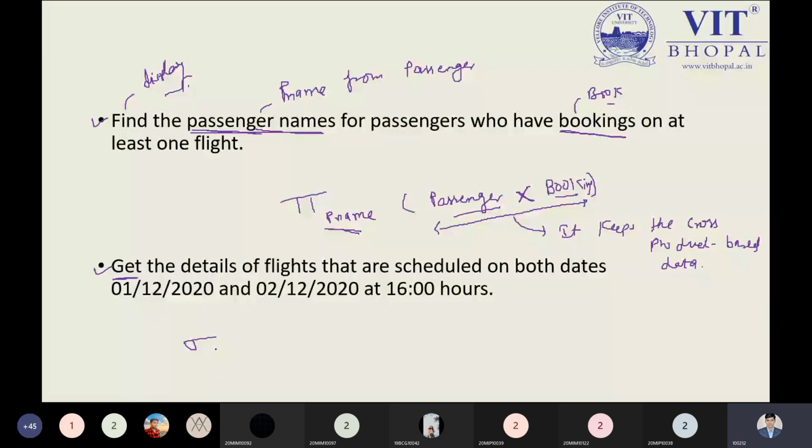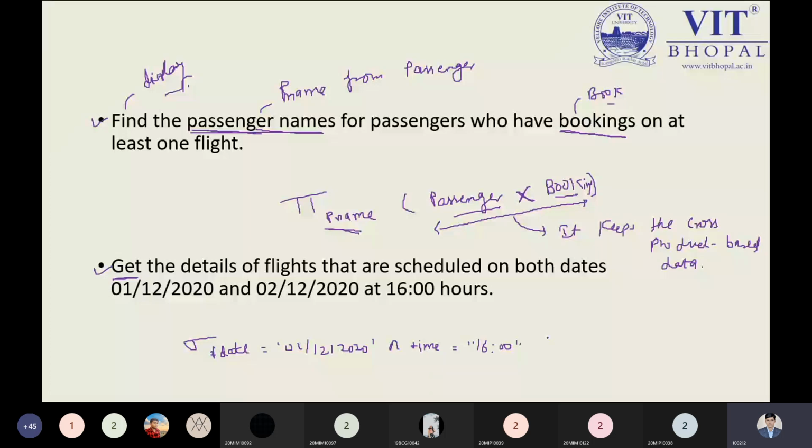So f date is equal to 01/12/2020 and time equal to 16. Just like this, for understanding purposes, I'm writing. Again we have to apply the and.